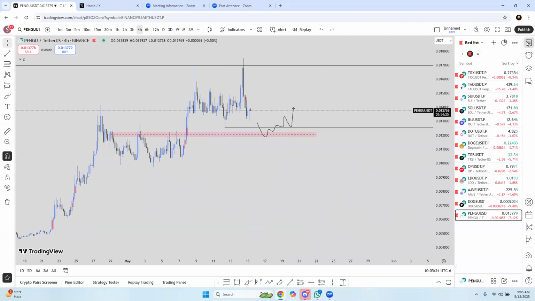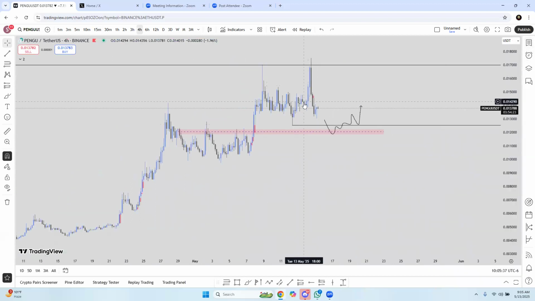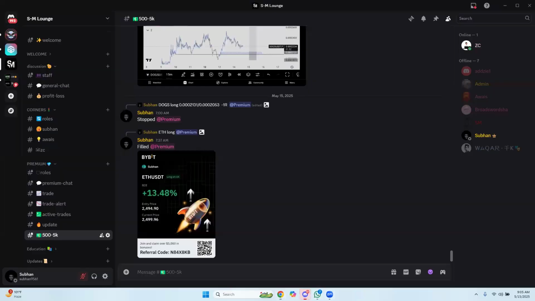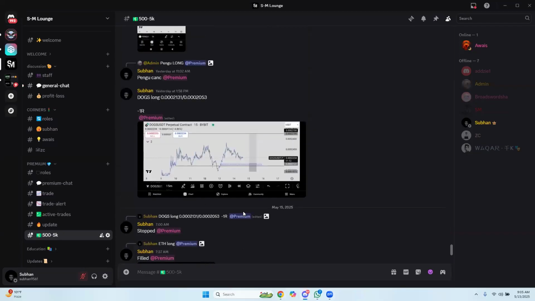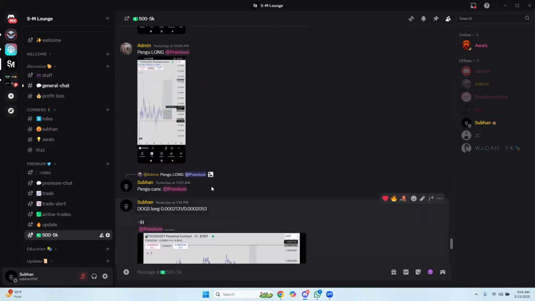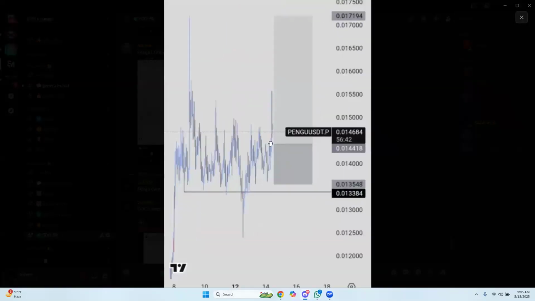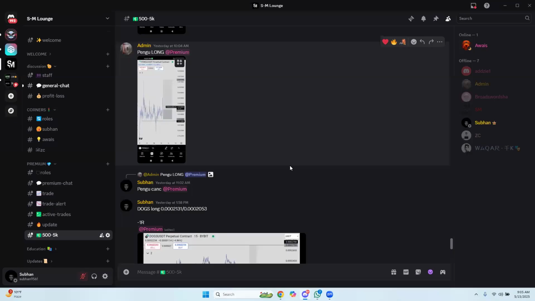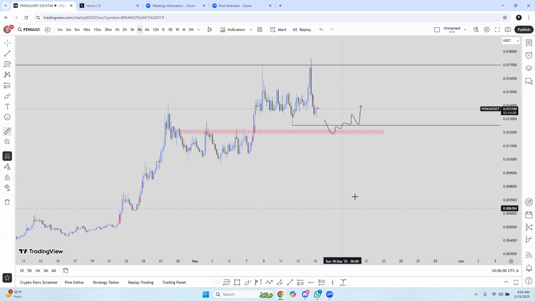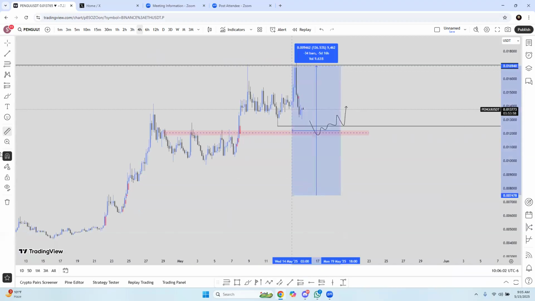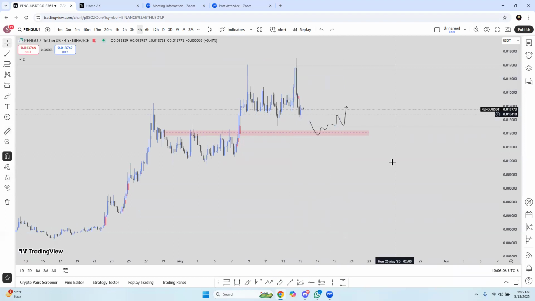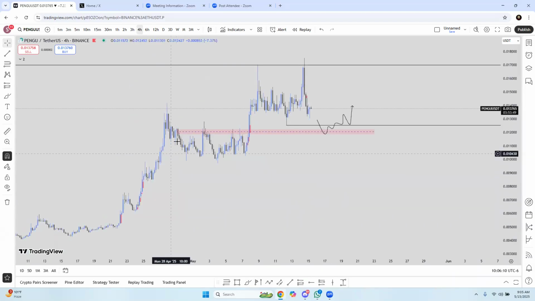Pengu. Ooh, yeah, Pengu. Yesterday it bought here, somewhere here and sold on spot. This one I shared with the public as well. Where is this? Here it is. But it didn't fill on perps, but it did fill on spot. Pengu, I sold it somewhere from this zone to here. 17%. It was good. Now, sell side liquidity until